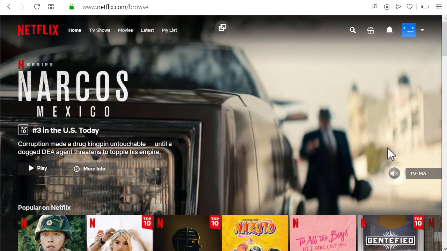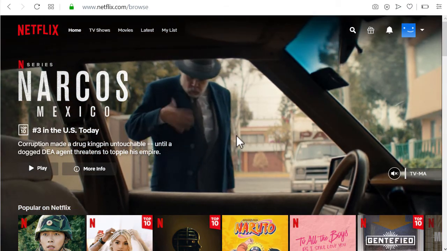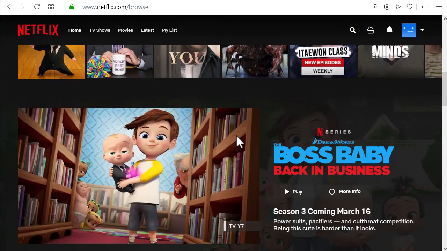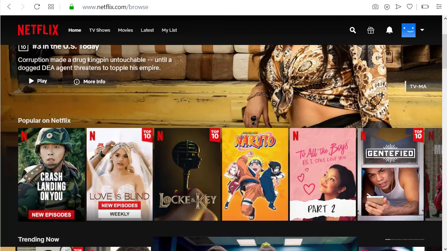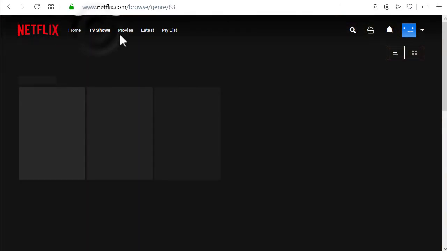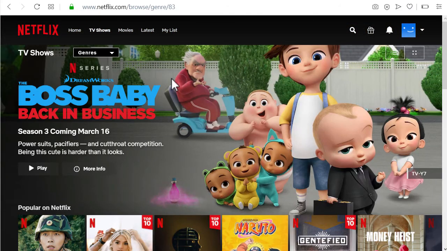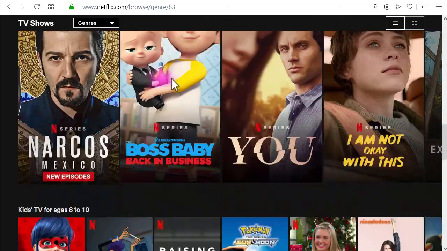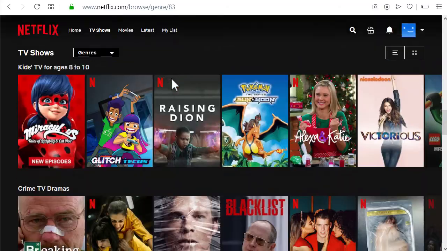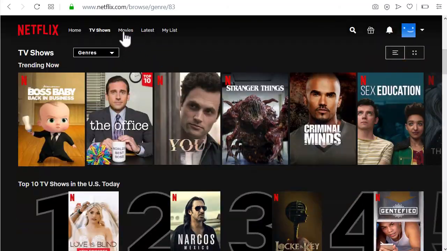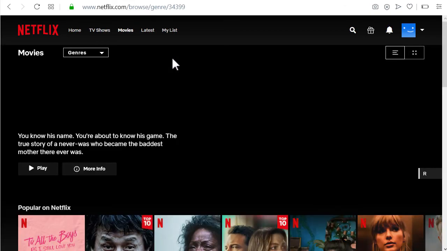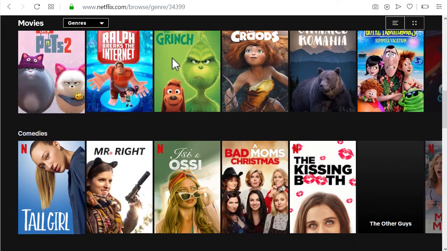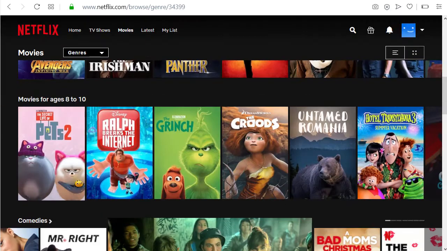And as you can see, now I can access the US American Netflix. There I'm sure there are many TV shows and movies you cannot access in Sweden. I'm not exactly sure which ones, but there should be quite a lot. I'm talking about this a little bit later. Here you can see all the movies. It takes some time to load, but here I can access all of this, and you can see here my